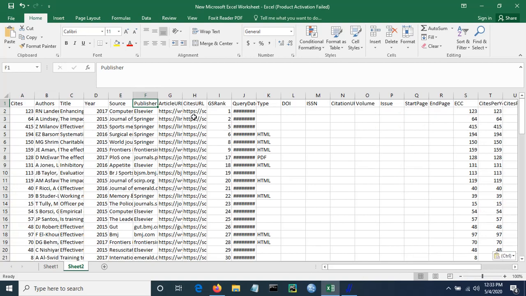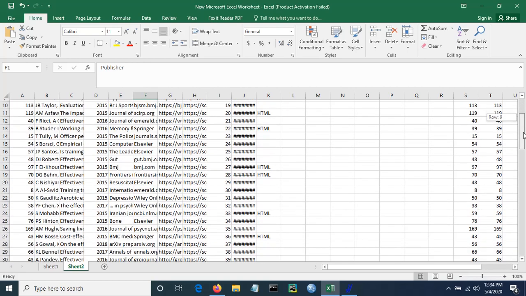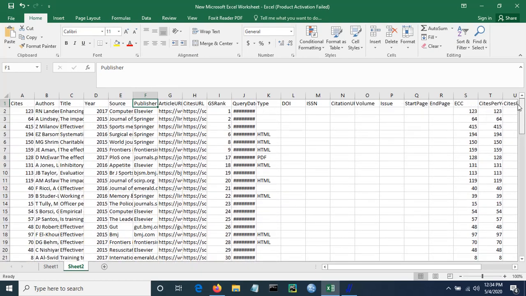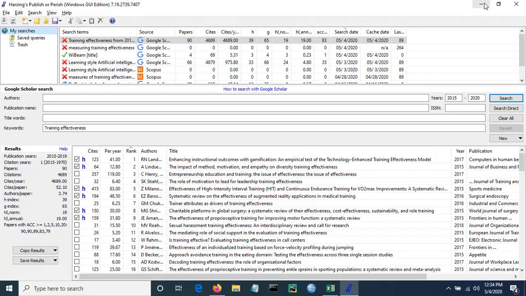So what we can do, for a serious researcher, he can actually keep a track of what all papers he has read, what are not required, and he can keep a track of the literature reviewed, so that there is no duplication in what you are reading, and you can actually keep a track. So coming back to the software again, let's see how else can we search. Okay, now let's take a new search.